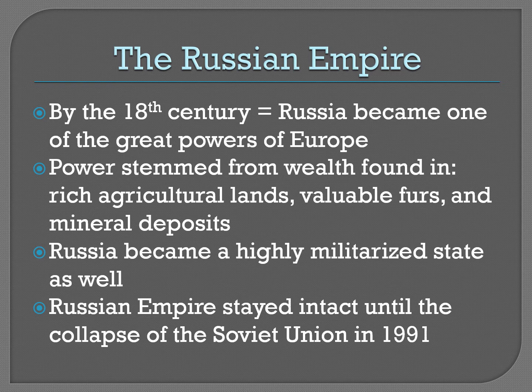So by the 18th century, that's the 1700s, Russia became one of the great powers of Europe, right? It is now a powerful nation, on par with England, France, Spain. Power for Russia stemmed from wealth found in the rich agricultural lands that they keep adding to their empire as they expand, the valuable furs that they find, and they also find mineral deposits in these new areas. Not really so much gold and silver, but other important minerals, particularly that become important